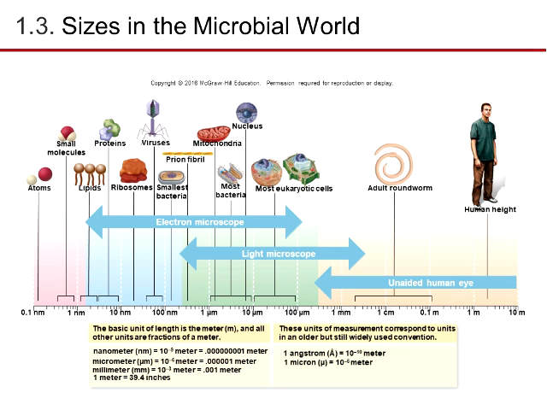So this looks at the size of the microbial world. There's a human there, and there's atoms here. We'll walk through what that means. There's an adult roundworm or tapeworm. They can be seen. They're about this size. As you go up with small molecules, which are atoms cooked together, we have lipids. This looks like a phospholipid that helps to make up the cells of our body. There's proteins. There's the ribosomes. We'll talk more about that later. They make protein in our body.